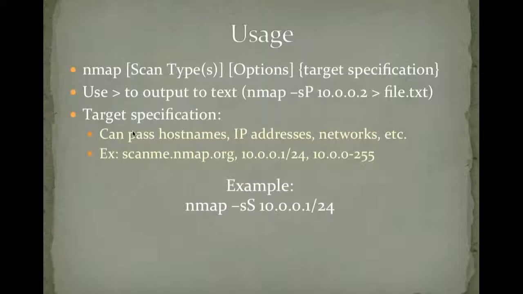For the target specification, you can pass host names, IP addresses, networks, etc. Scanme.nmap.org is a great place where you can test your scanning abilities; it is there for you to test. 10.0.0.1/24 scans a 24-bit subnet, so it'll scan all the computers on your subnet. 10.0.0.1-255 scans all the IP addresses between 1 and 255. You can also do 10.0.0.1-10. An example would be nmap -sS